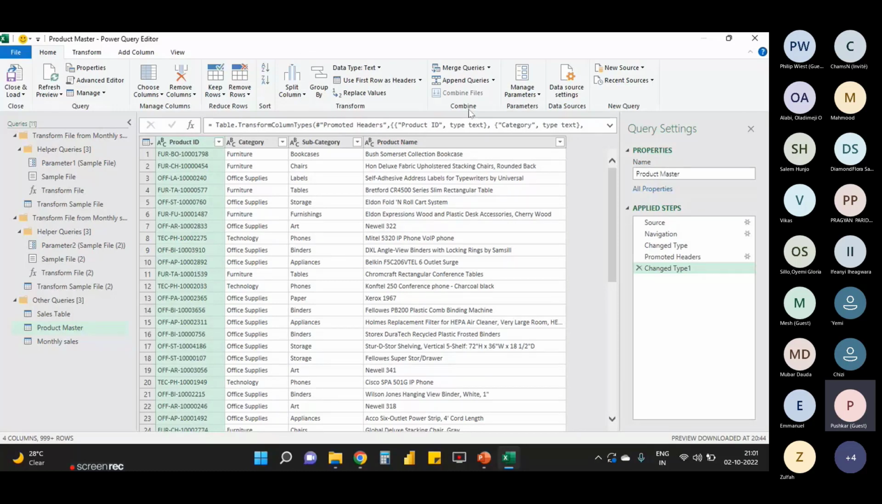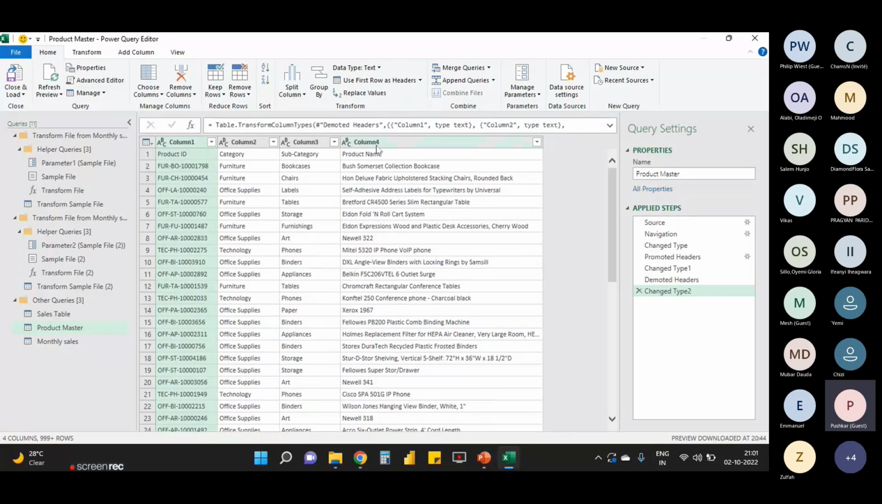But sometimes if your row data has ended up as the column names, you have another option also, that you can use: use headers as first row. If I click on use headers as first row, you can see the titles of my columns came into the first row. Okay,